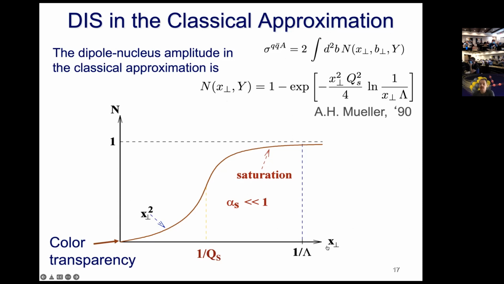As a function of x perp. Now, is that good or bad, or what's wrong with this? Well, what's wrong with this is that there is this black disk limit. This is known from very general quantum mechanical principles: if you scatter on a black disk of radius r, your cross section in principle cannot be larger than 4 pi r squared, and at high energies it's actually even more restricted to 2 pi r squared.